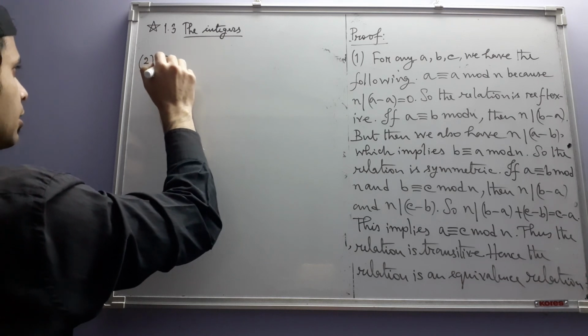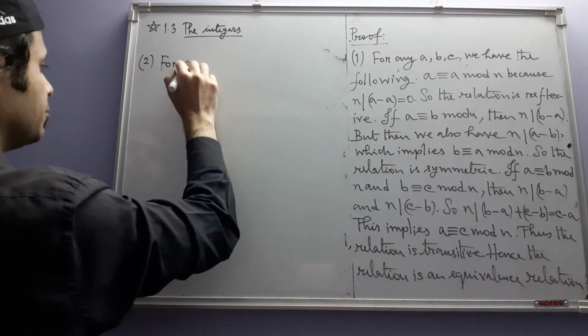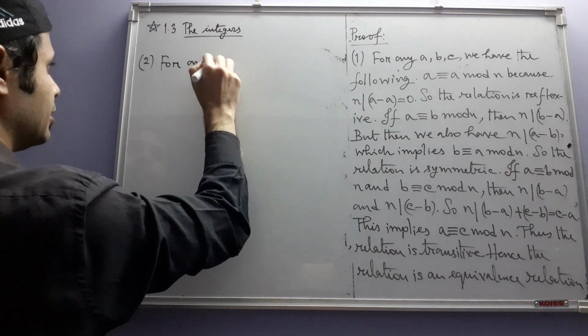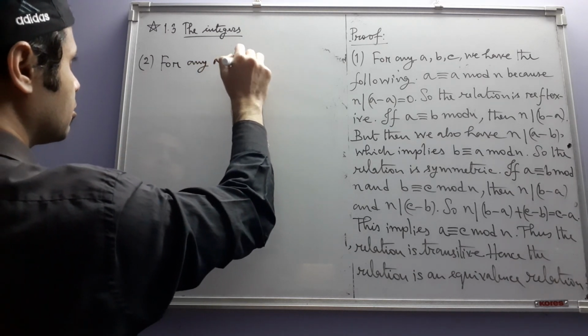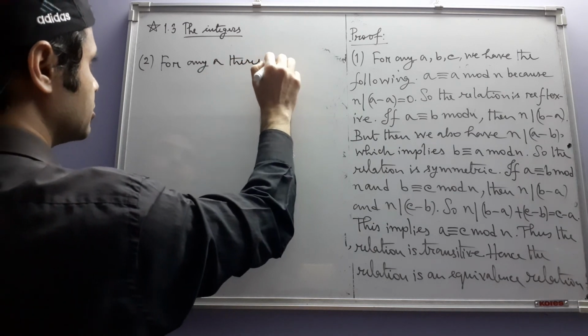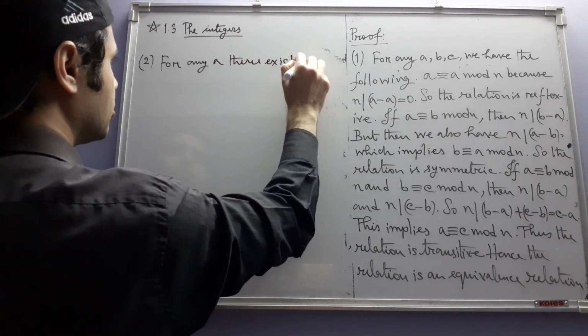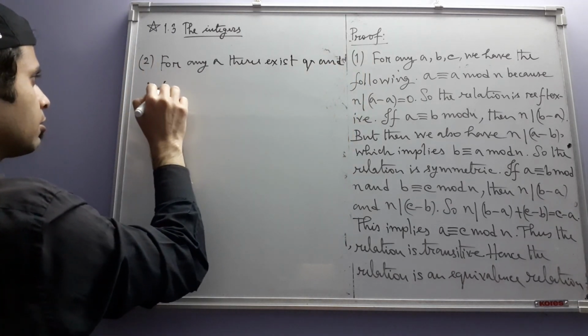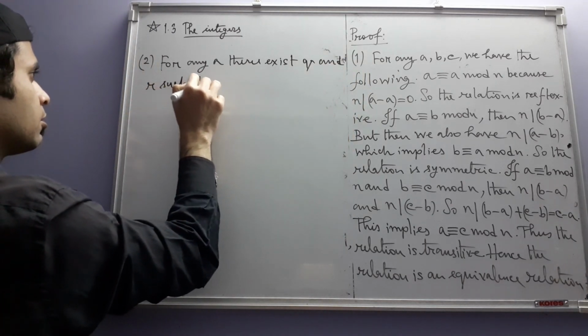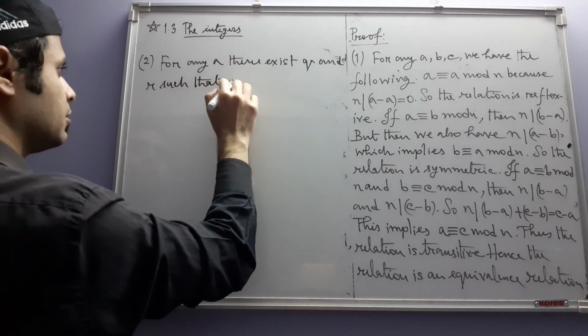So I have to consider any integer a. There exist q and r such that a